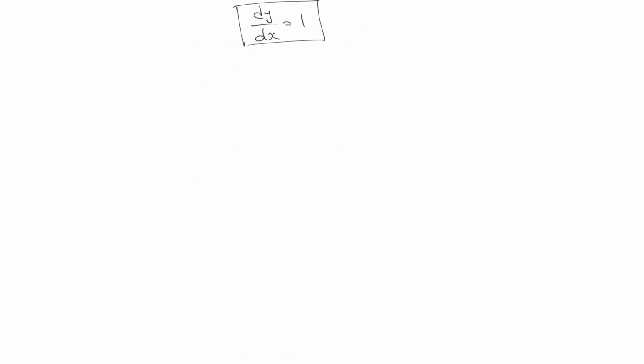We can take some more examples. If it is given that y is equal to 1 by x, then how will we calculate the value of dy by dx? Over here, just remember that first we need to write it in the form of y is equal to x raised to n, then only we can differentiate it. That means we cannot keep that x on the denominator and go for 1 divided by differentiation of that x, which means it's not 1 divided by dx. First we need to write it in the form of x raised to n.